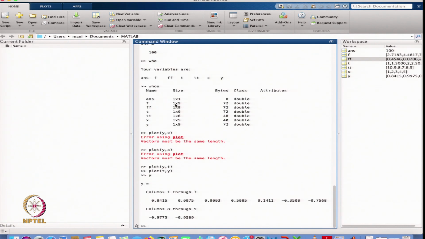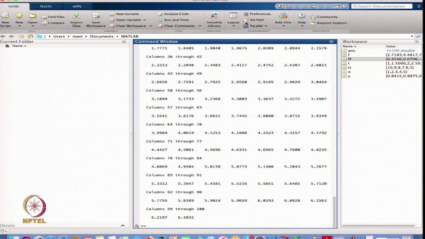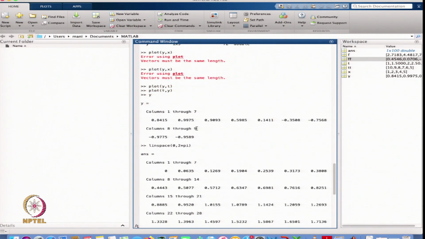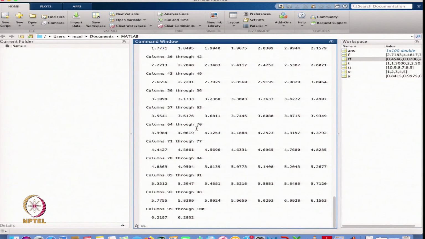You can see that I can even define a vector with linspace from 0 to 2 pi. Suppose I do not give any number for how many mesh points I want. It will automatically distribute the elements from 0 to 2 pi into 101 points, so these are the 100 intervals. That is the new mesh I got.